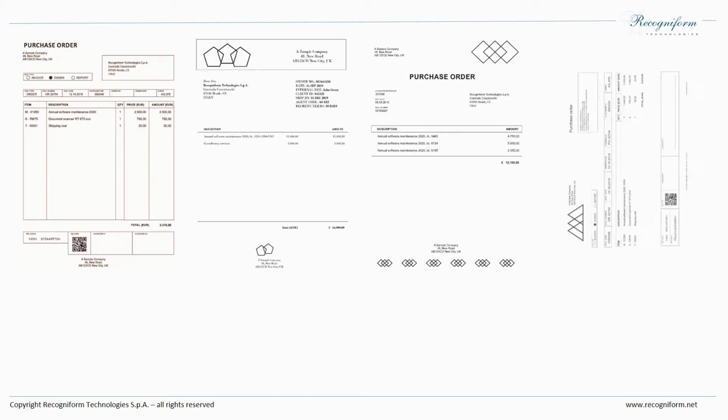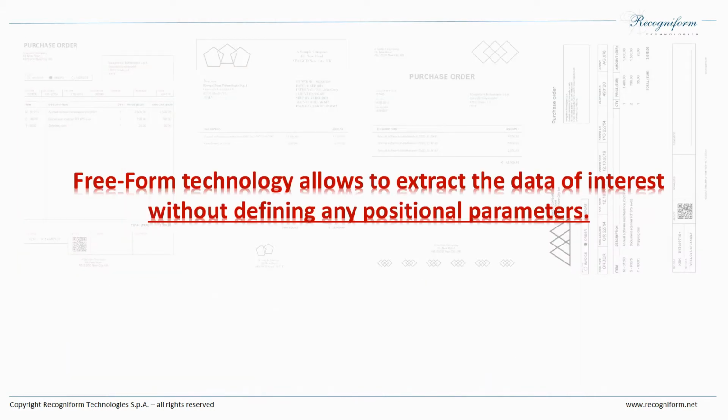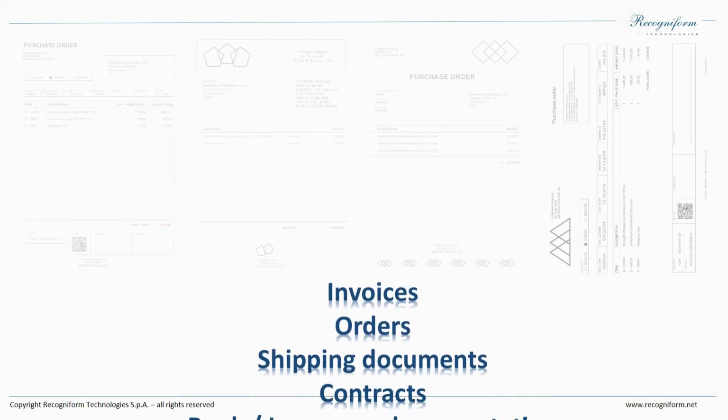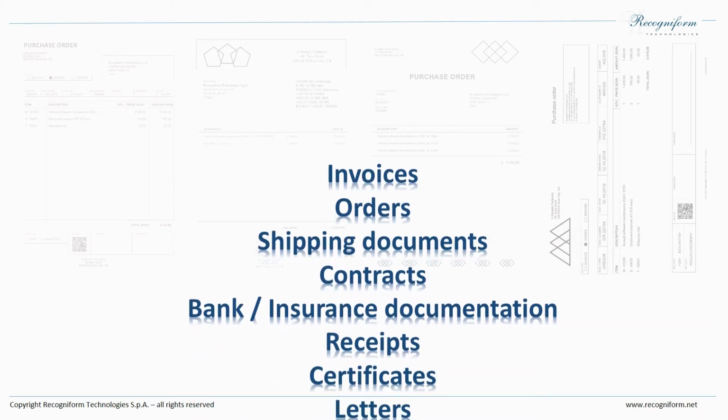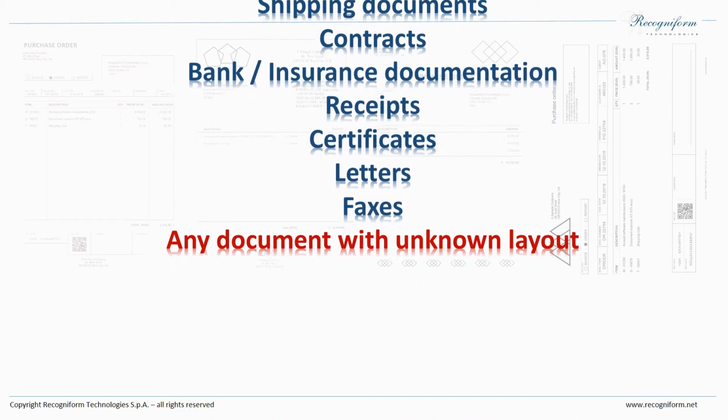If you need to process documents with variable layout, take advantage of Recogniform Reader FREE-FORM extraction capabilities. Freeform technology allows you to extract the data of interest without defining any positional parameters. For example, you can configure the software in order to process typical free-form documents, like invoices, orders, contracts, or any other